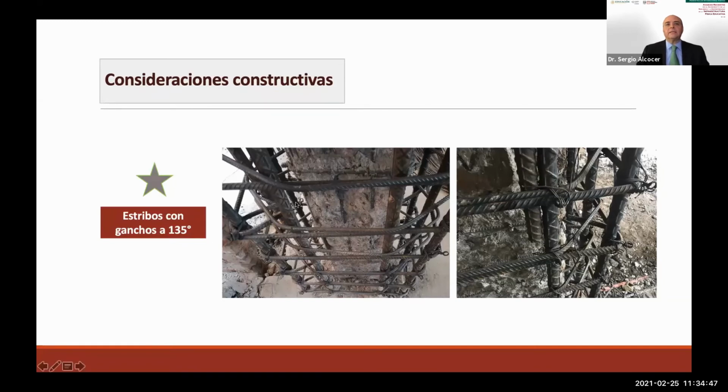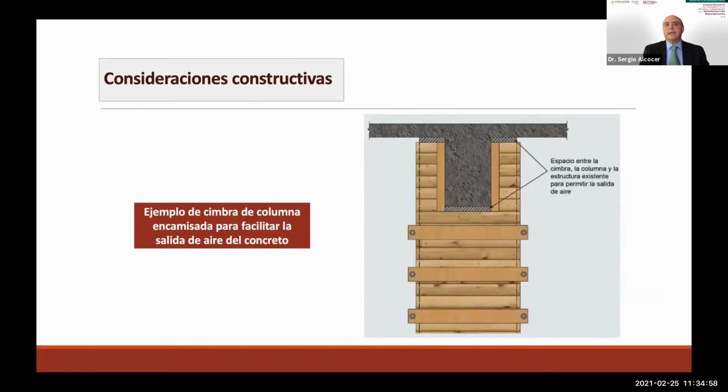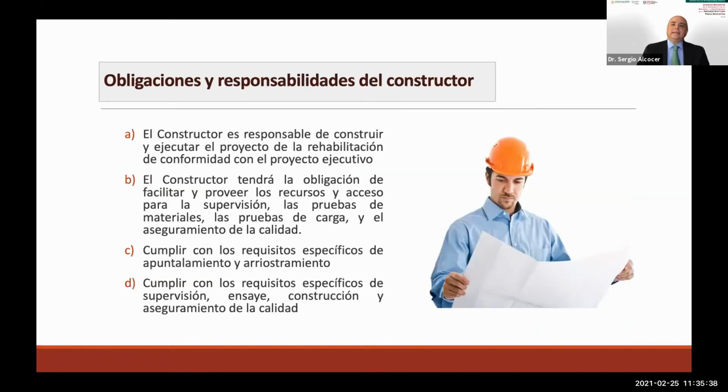For example, the hooks 170 degrees, and some of these properly placed. Now, we need to also stress the quality of the pouring of concrete. The air needs to come out and not become trapped as it rises up, because if we completely seal air, it will not only have an improper finish, but it will leave holes that are important in terms of rigidity